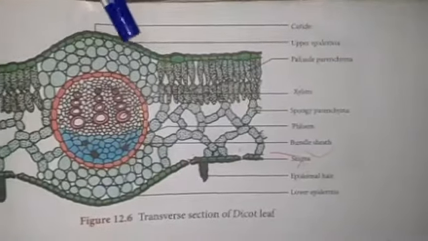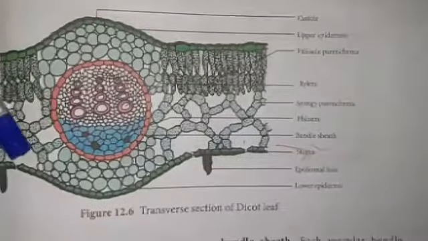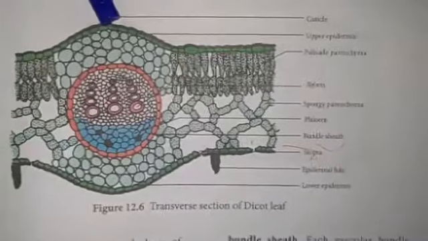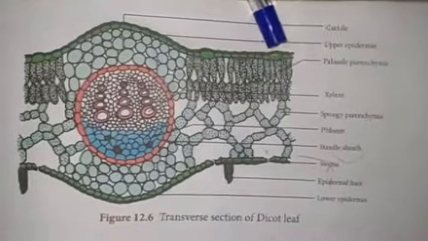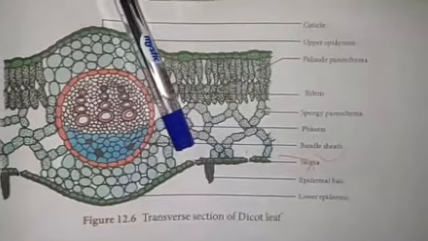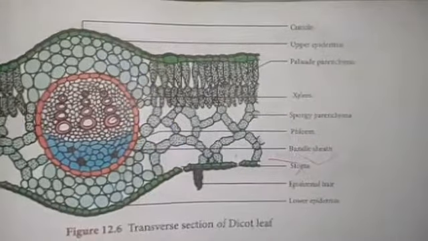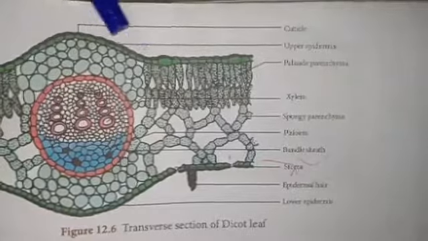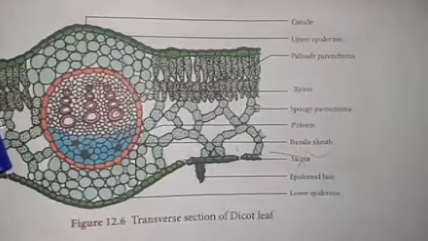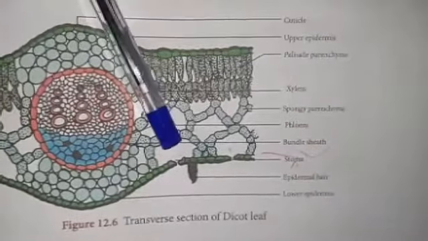So the epidermis in leaves is made up of two layers, the upper epidermis and the lower epidermis. Both are made up of a single layer of tightly packed cells. The epidermis contains small pores called stomata, guarded by two bean-shaped guard cells. Both the epidermis are covered by a thick cuticle. The cuticle is very thick in the upper epidermis compared to the lower epidermis. Similarly, the number of stomata in the upper epidermis is less compared to the lower epidermis.